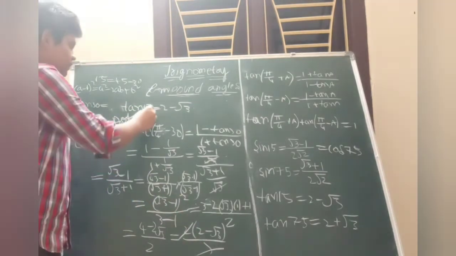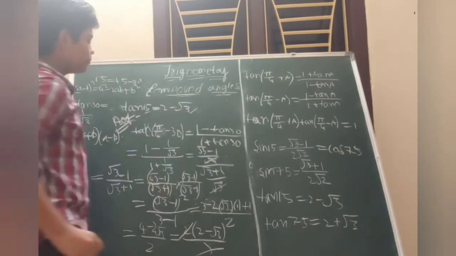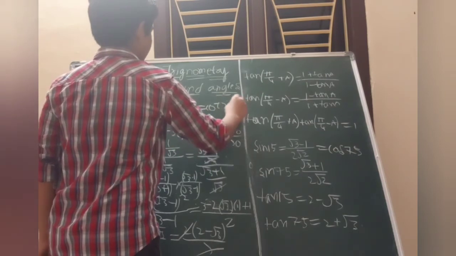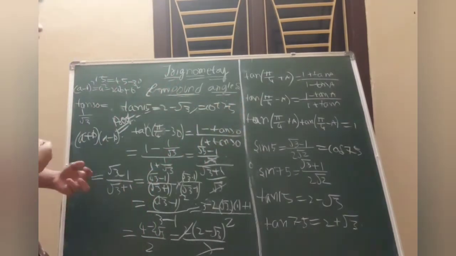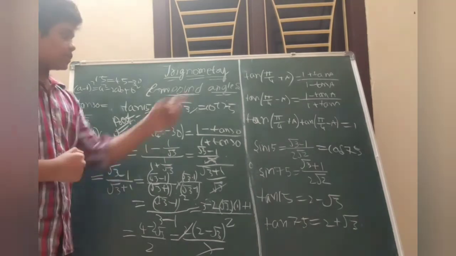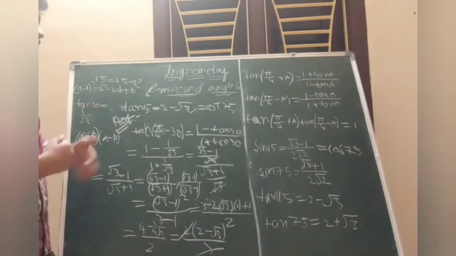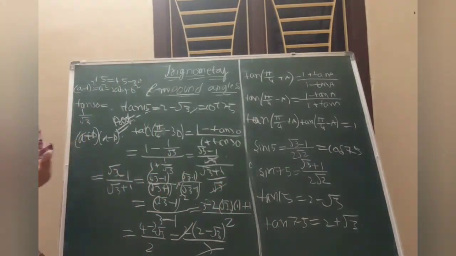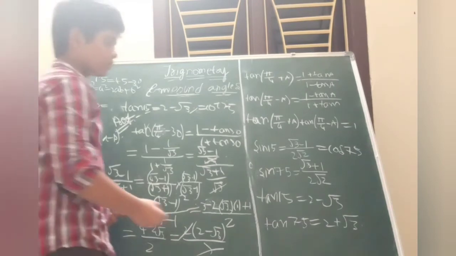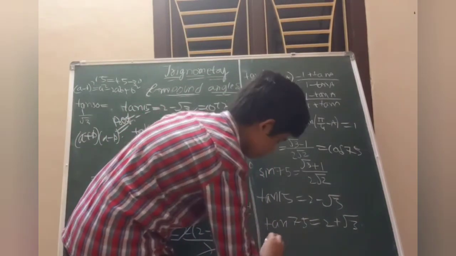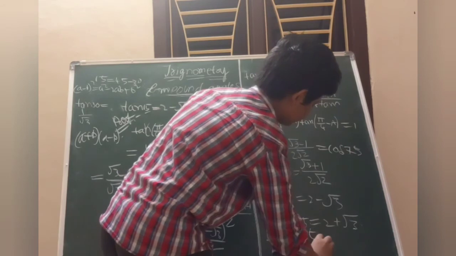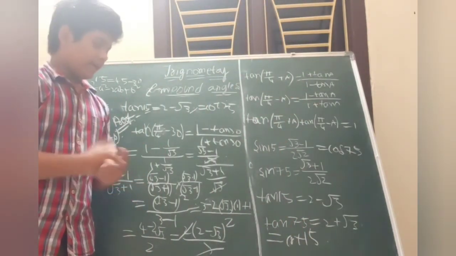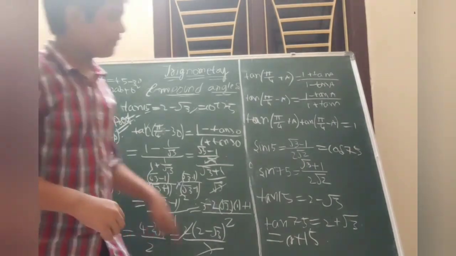So hence it is proved that tan 15 is equal to 2 minus root 3, which is also equal to cot 75, because here a plus b is equal to 90, then tan A is equal to cot B. So here tan 15 is equal to cot 75, and in the same way we can also find the value of tan 75, which is also equal to cot 15, since if A plus B is equal to 90, tan A is equal to cot B and tan 75 is equal to cot 15.